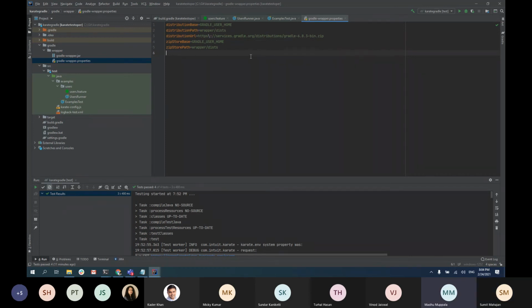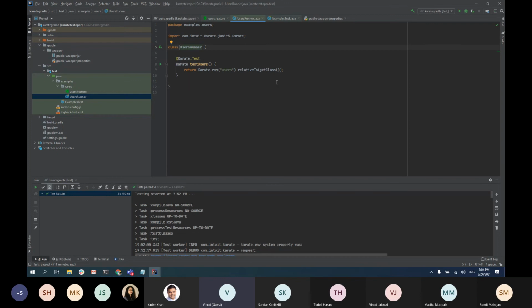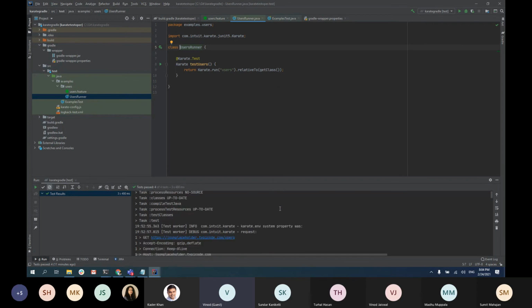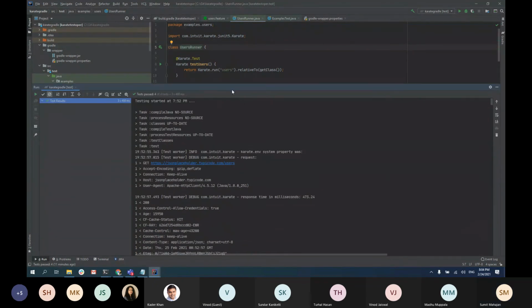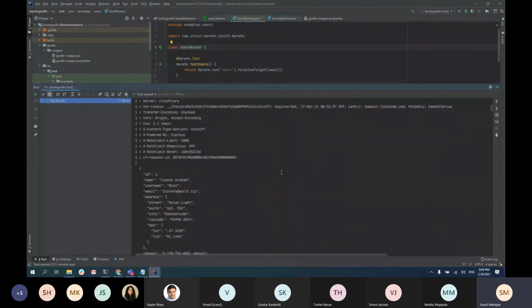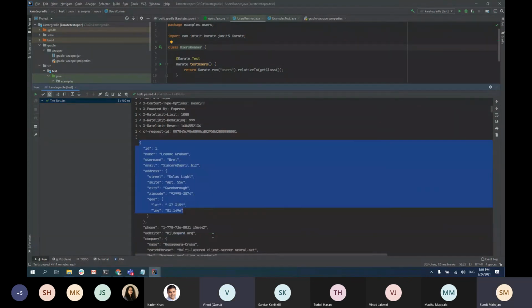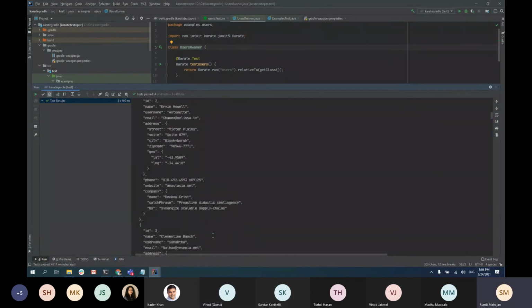Sumit, one question here. So just now you didn't test the request response like you do in API, but you actually tested whether the build has been successful, right? No, no, no. So if you look here, this is the test response that I'm getting. So it basically executed two scenarios.